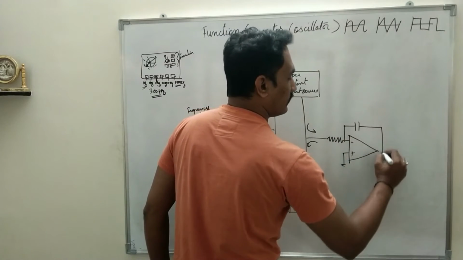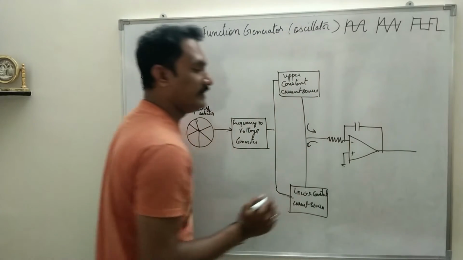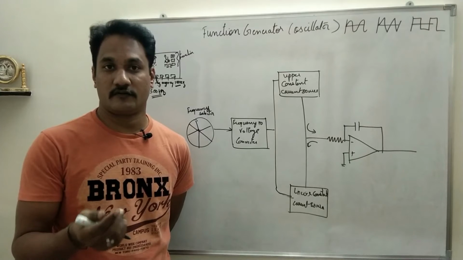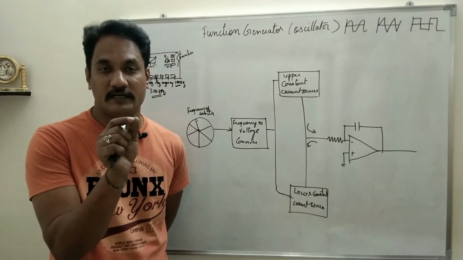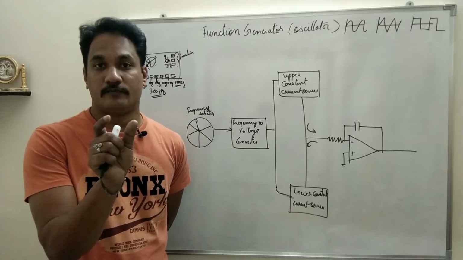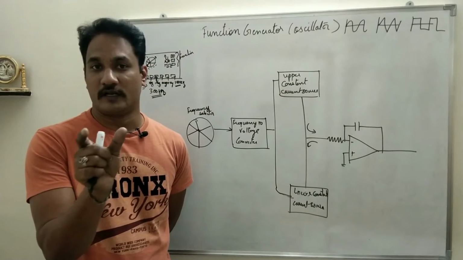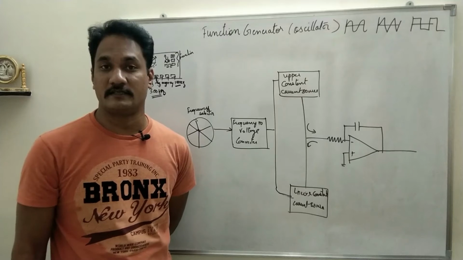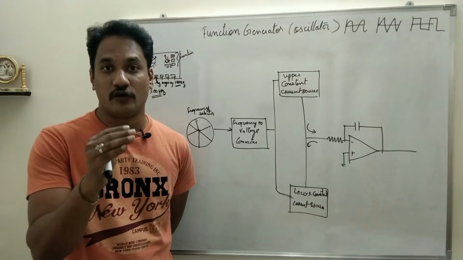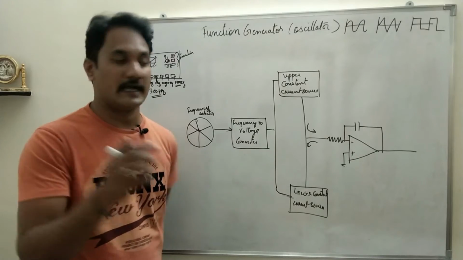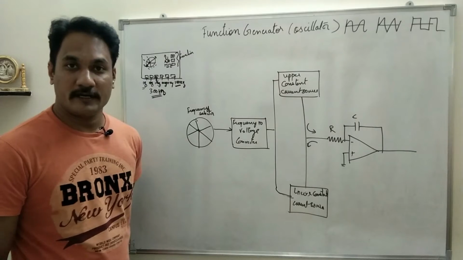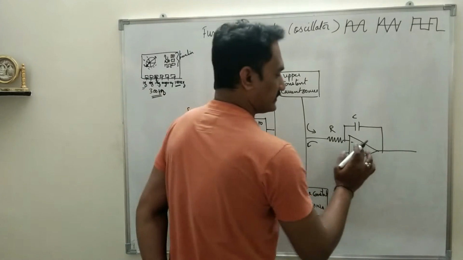Of course, integrator circuit. Integrator means, what is integration? Accumulating small values over a time period or over a limit. That is what is called integration. Here also we will integrate small values of voltage over a period of time, where the time constant will be RC. So that is the condition.